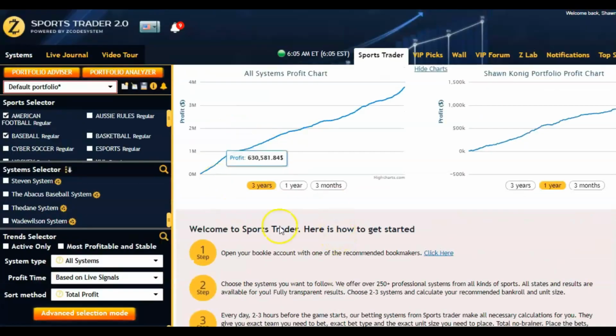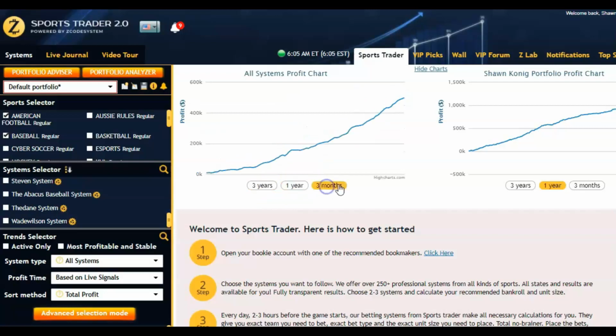So that's just a quick overview of how this works. If you look at the profit trends for these systems over here, you'll see the last 3 years. You can see the different profits if you were to take all the systems over the last year, over the last month, and then you have your own once you've set yours up, right? You're going to see how your profits are looking based on the systems that you've actually picked up over here. So there's really no guesswork here. It's very, very